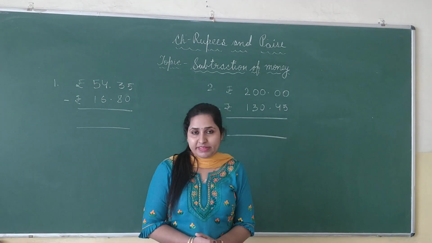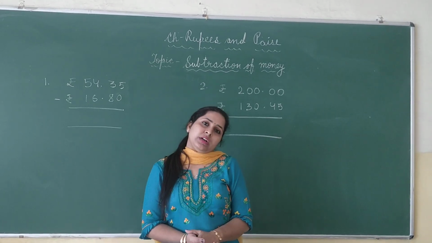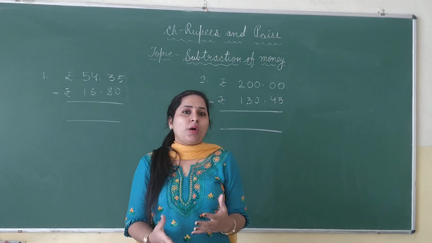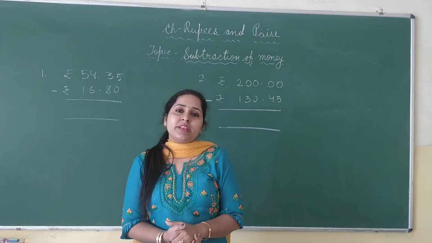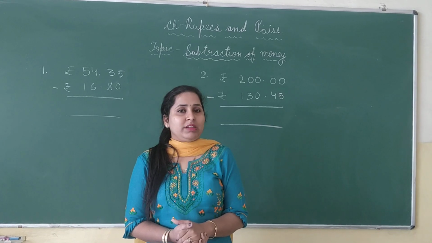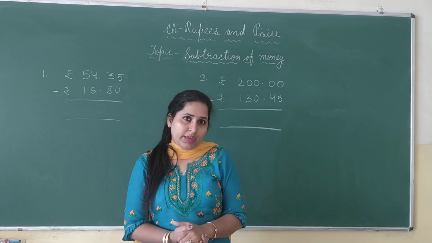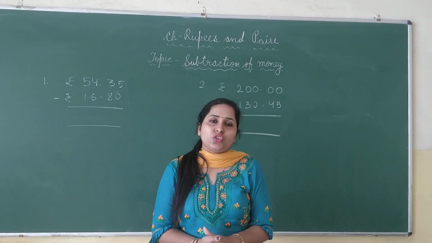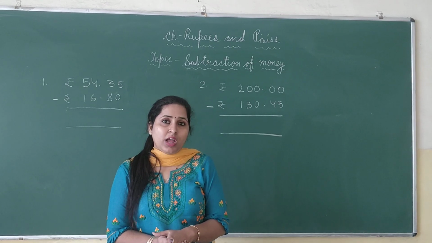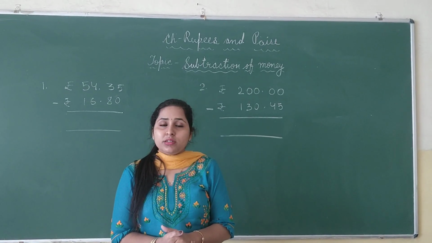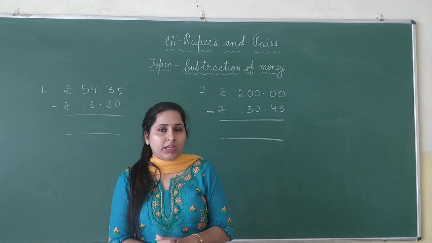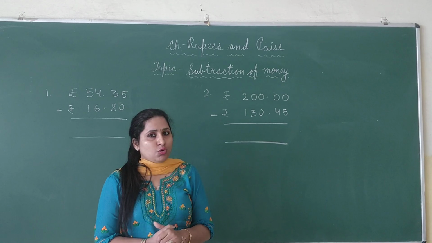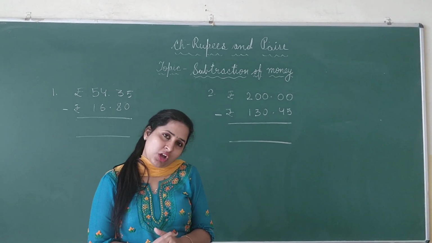Children, we are doing the chapter Rupees and Paise, and in the last video you learnt the concept of addition of money. As you know, while doing shopping we need to use money. For example, you have bought something of rupees 385.75 and you have a rupees 500 note with you. When you pay the shopkeeper, how much will you get back in return? How much change will you get back? For that, we need to know the subtraction of money, because 500 is more than 385. So you need to subtract those amounts. Today we are going to learn about subtraction of money.